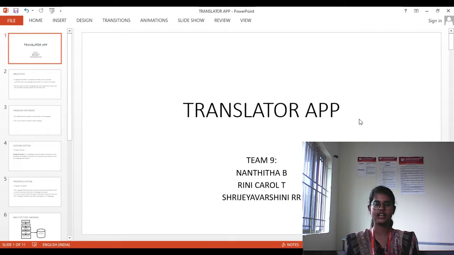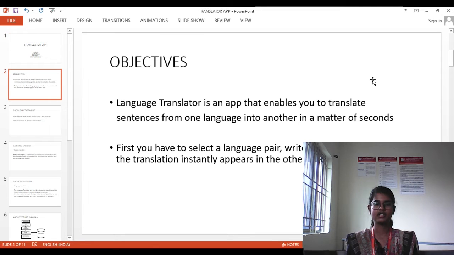We have designed an Android based application named Language Translator app. The objective of the app is that you can easily translate a text from one language to another language in a matter of seconds, which means we use artificial intelligence to analyze all the text given and recognize how each text is